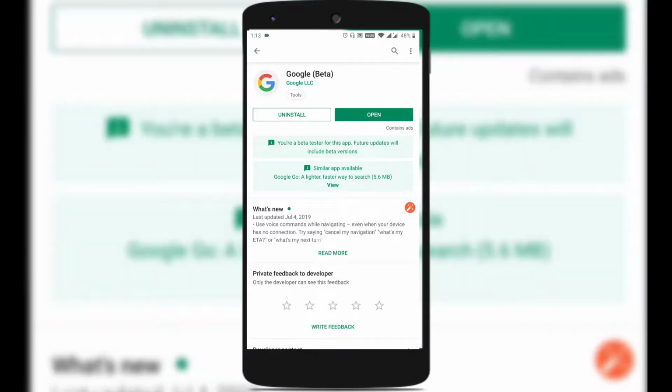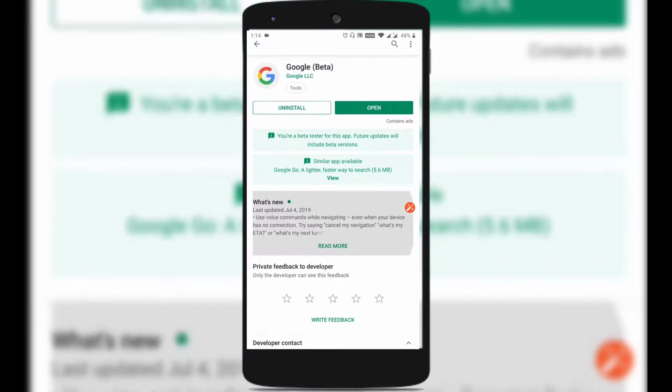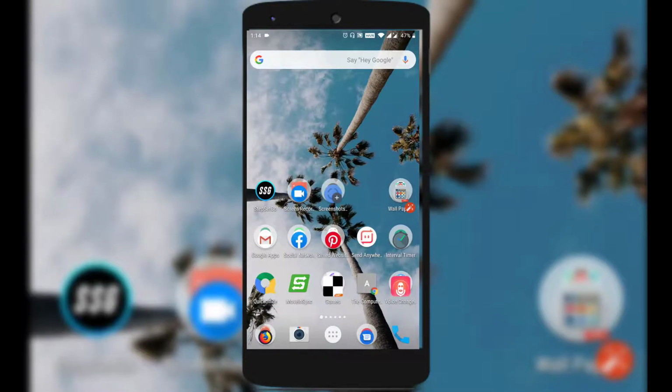So Google is rolling out a new feature which allows you to share search results with others. To know how to do that, make sure you have the latest version of Google installed on your Android. If not, just go to Play Store, look for the update for Google, and update it. Once you have the latest version of the Google search engine updated on your Android, just go to the Google search